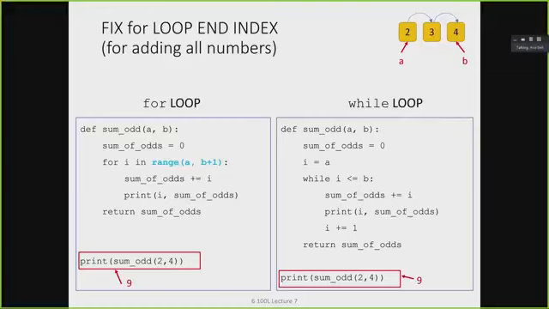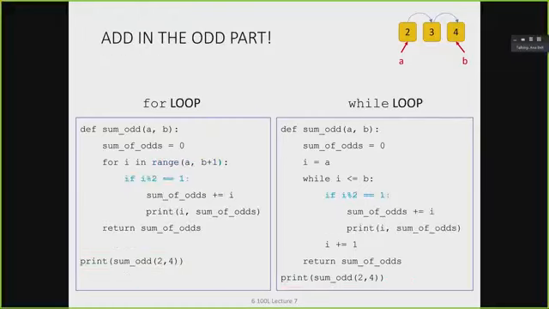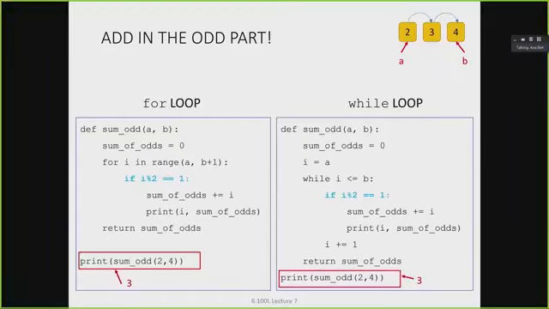Okay? And this solves the bigger problem. So now all we need to do is add the nuance, the piece where we just grab the odd numbers. And here we say, well, if I'm just grabbing the odd numbers, I only want to add i to my sum of odds when I see an odd number. So here I could use my is_even function that I already wrote. I would say if not is_even. Or I can just do it all over again. If i % 2 == 1, then we do this. Right? And now we can run it again, and hopefully this now matches with the example I had on paper,